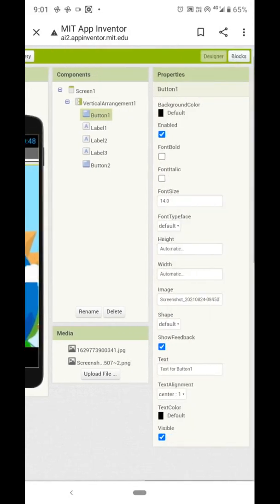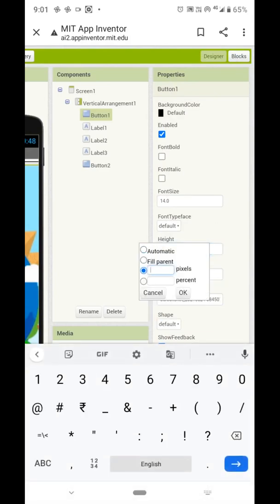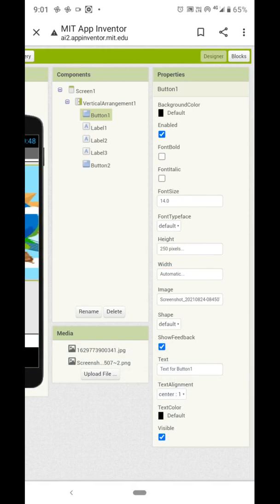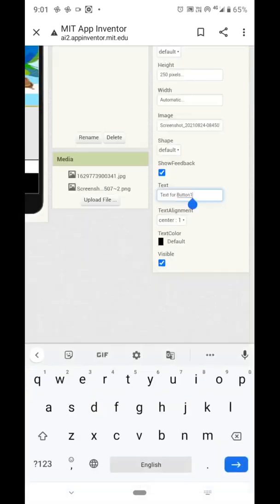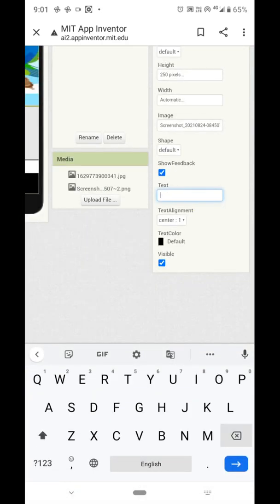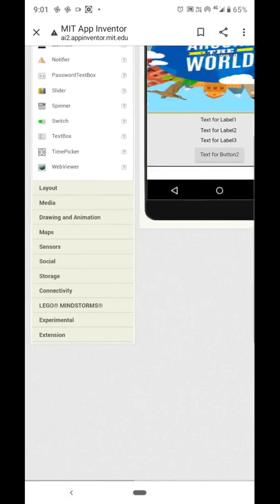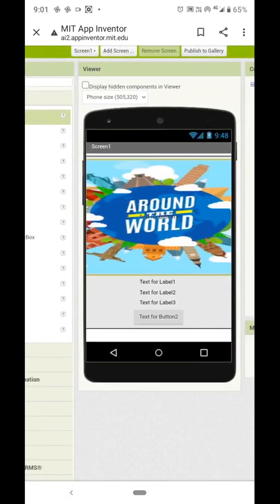Oh, this image is too big, just adjust the property. Delete the text because on an image we don't want any text. Okay, so this is our image.